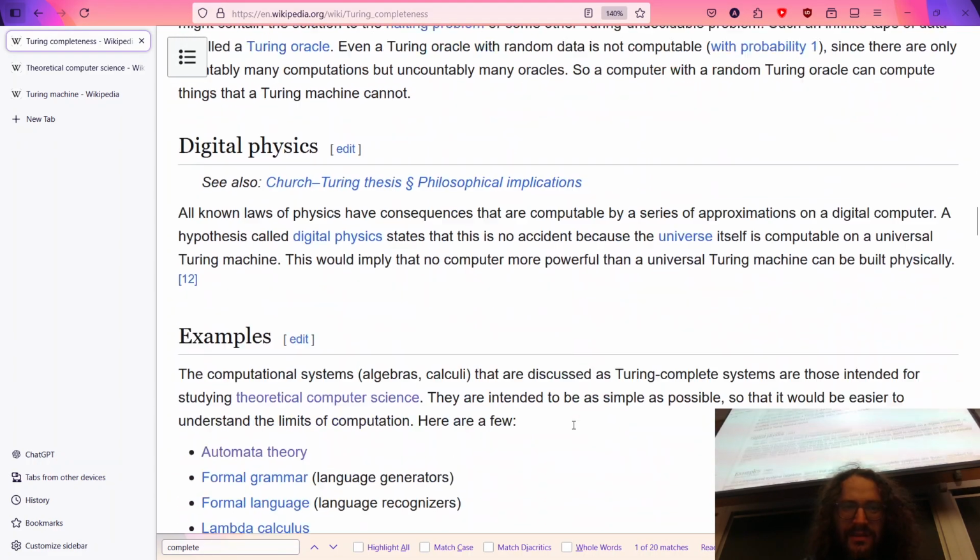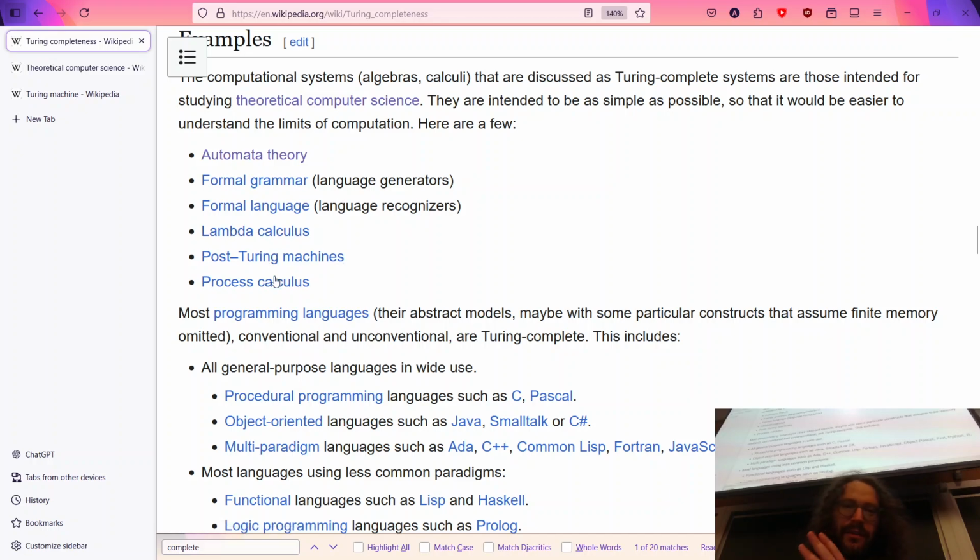So there's all this kind of stuff in automata theory.